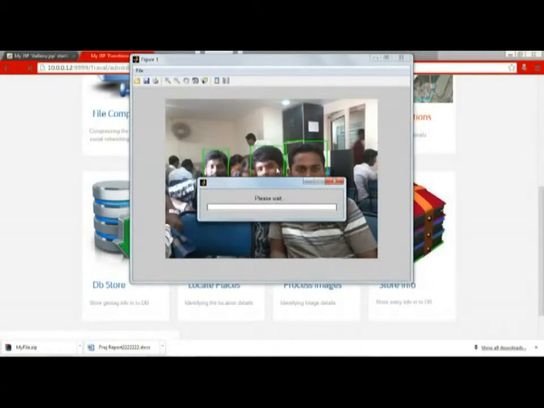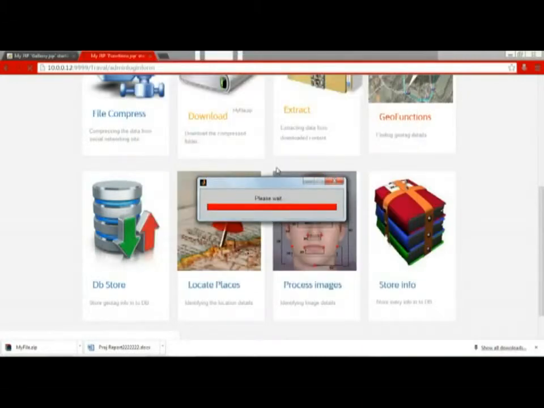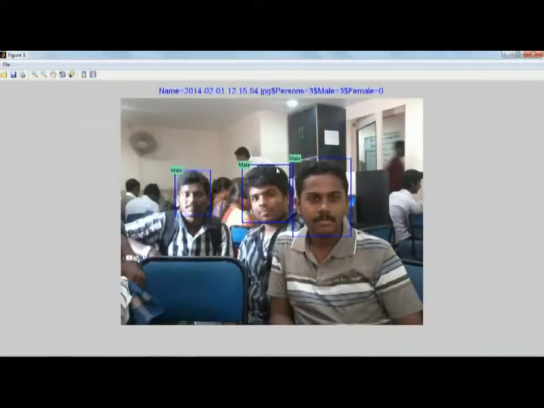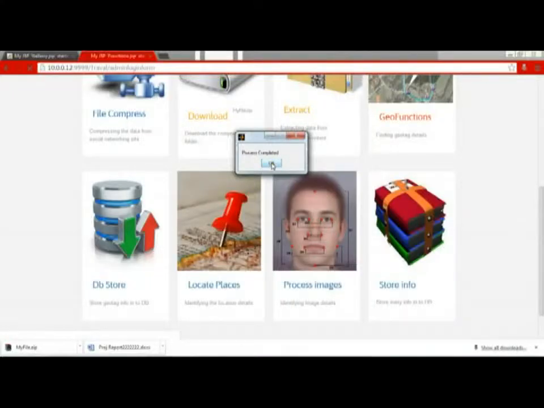Now the image processing is going on. Now it detected the number of persons present in the pictures and the gender, that is, 3 males are present in the picture which has been shown. Now the entire process is completed and all the information is stored in the database.